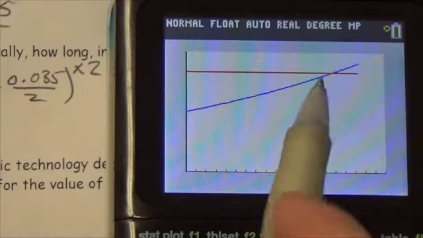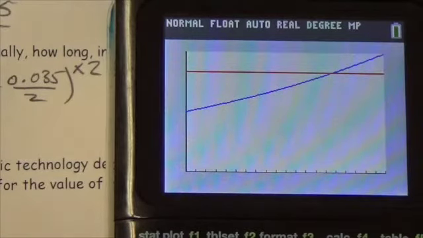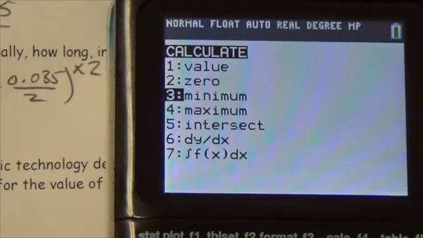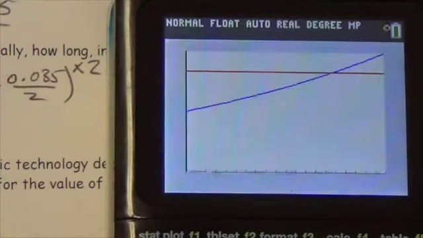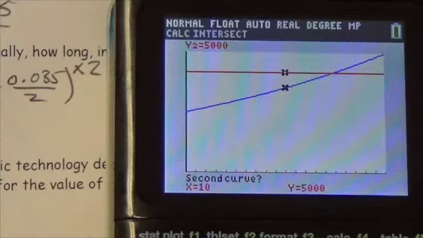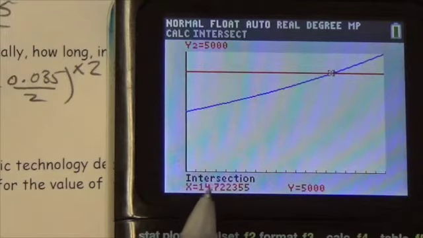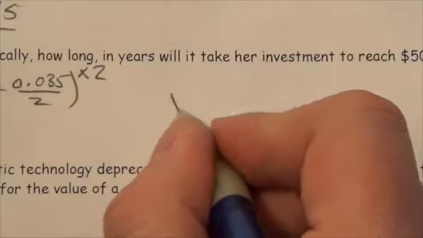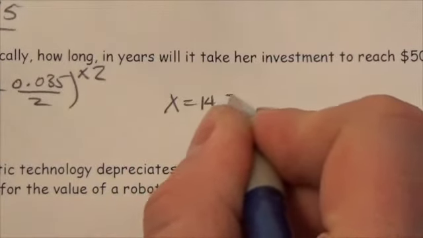And there we go. We got our point of intersection. That's what we were hoping for. So now I'll go into my calc menu, second trace, down to the intersect feature. I am on the first curve. That is, in fact, the second curve. I'm going to press enter to get past the guess. And I get that this value is 14.7. Okay, so x is going to equal 14.7